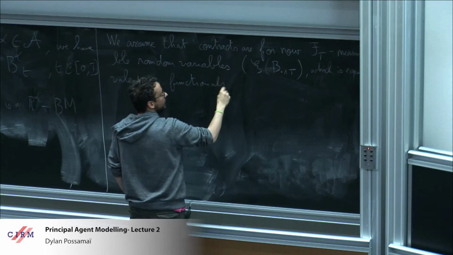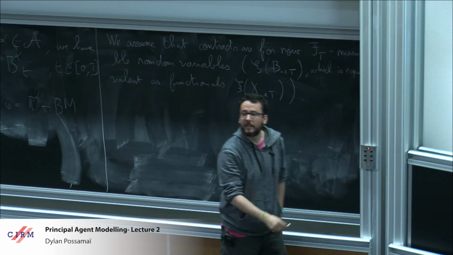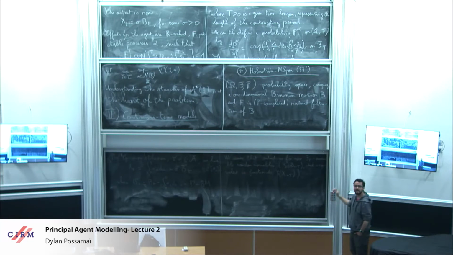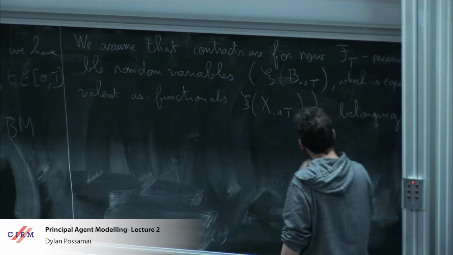So here this is the same as saying that we are taking functionals of the path of X instead. Okay? So again, exactly the same thing as this morning. Contracts were measurable functions evaluated along the output. And here, same thing, except that my output now is a process, so there is something that's dynamic. So in general, I should just allow all of this to depend on the whole path of X, all right? And they will belong